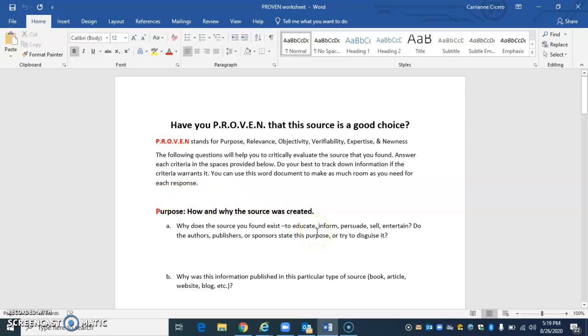This is part of the scaffolding assignment. So the idea is that each of these mini assignments that we're doing is going to help prepare you for your speech so you're not doing all this planning for your speech in the same week.